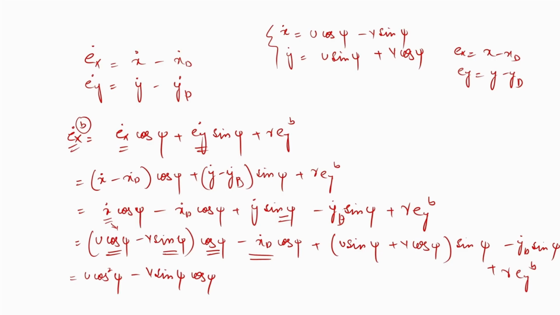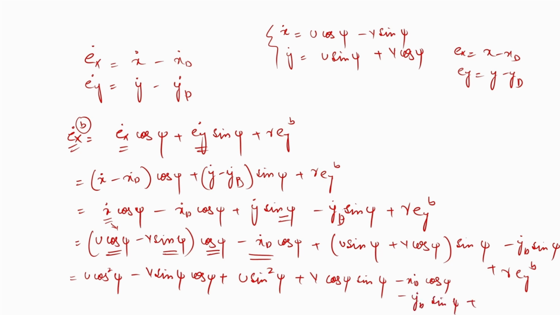So this will become u sine square psi, plus v cos psi times sine psi. And now let me write this minus x psi dot cos psi, and this minus y desired sine psi plus